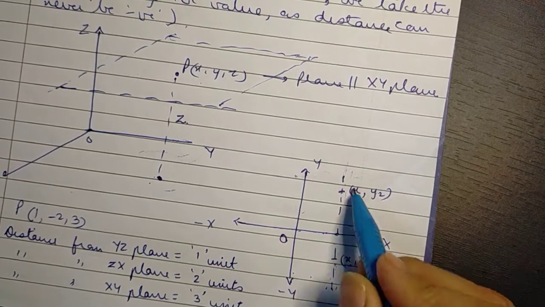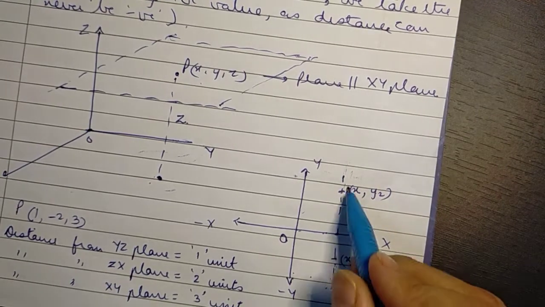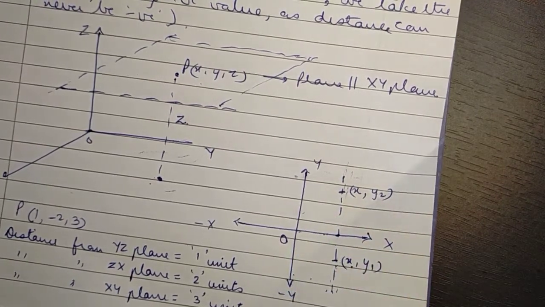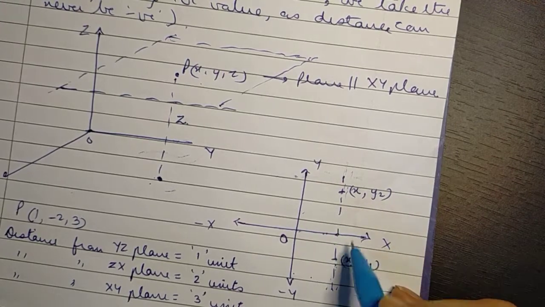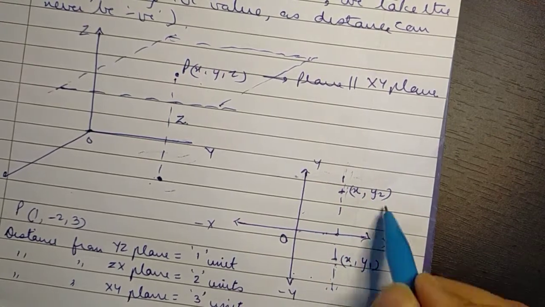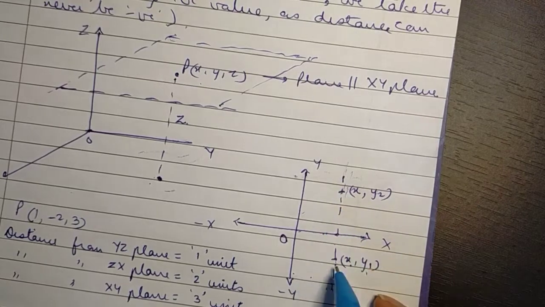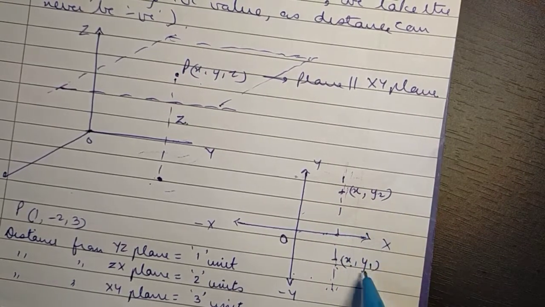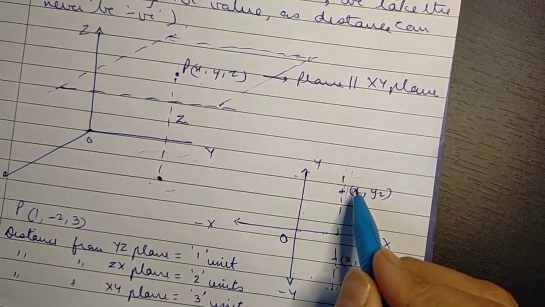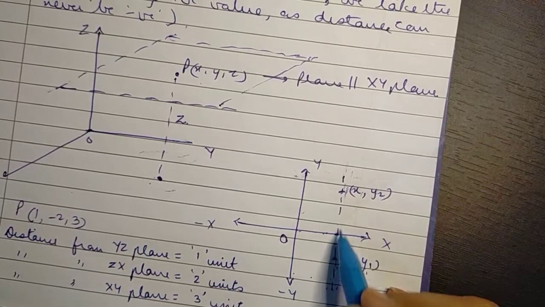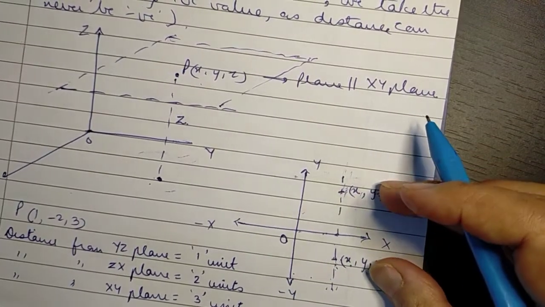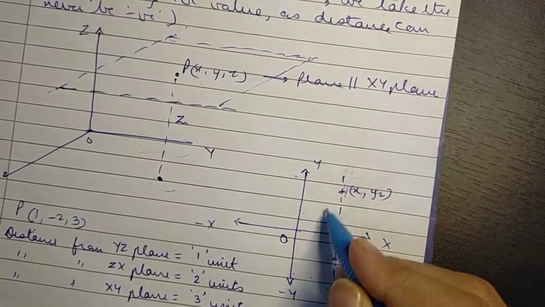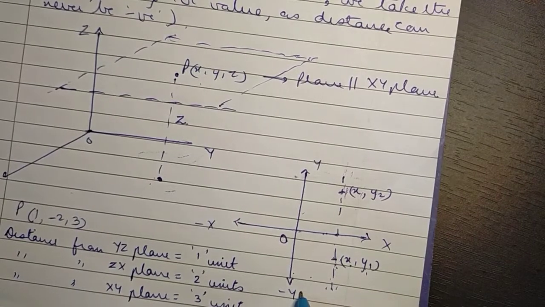And so if you have to find the distance between 2 points lying on this line, we have only to find out the difference between the two y coordinates. The x coordinate in any case is the same. Using the distance formula, square root of (y2 minus y1) whole square plus (x minus x) whole square, which gives you simply y2 minus y1 as the distance of two given points which lie on a line parallel to the y-axis.